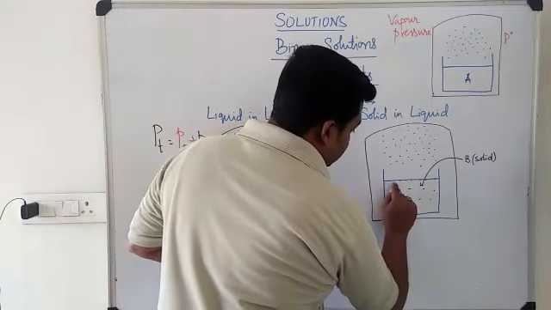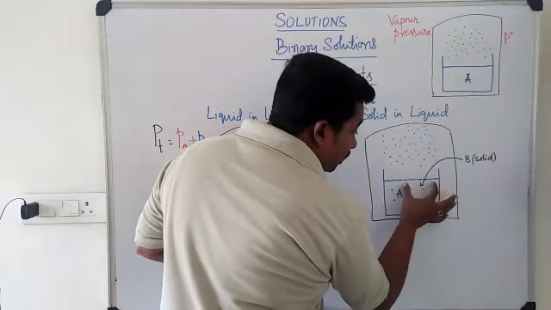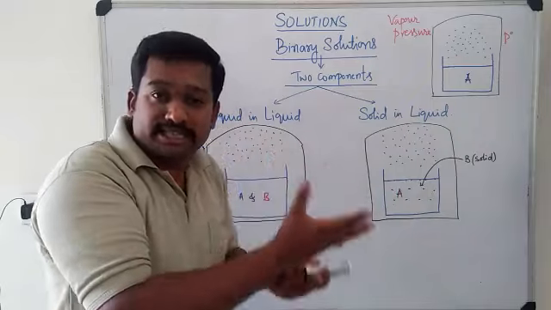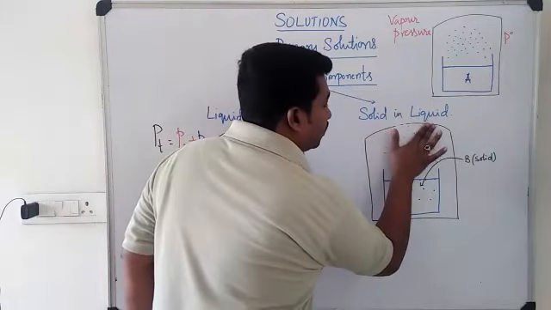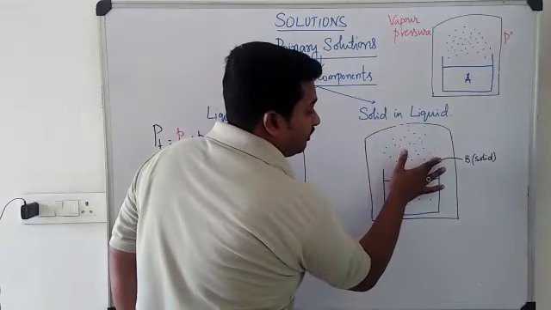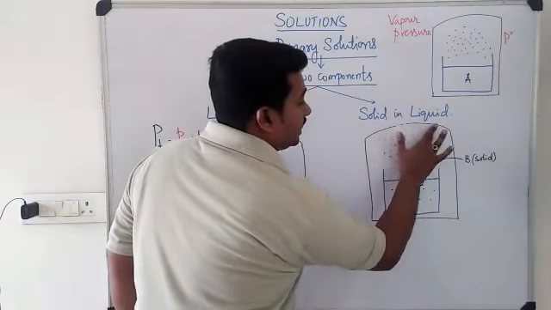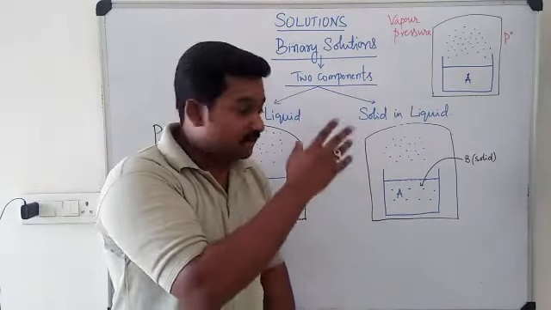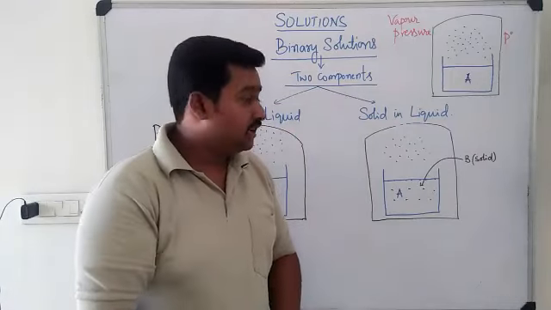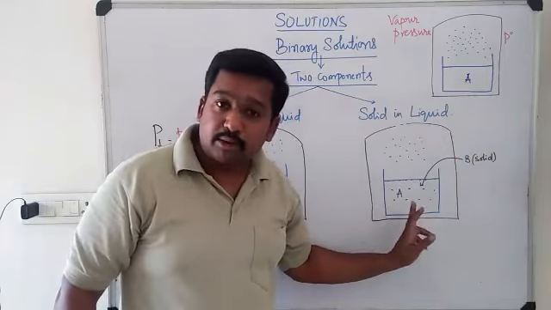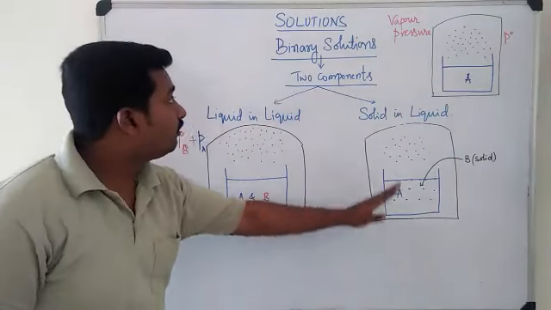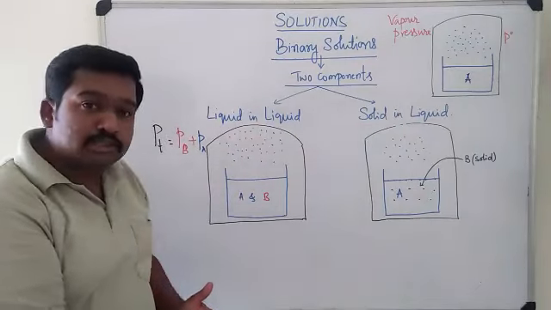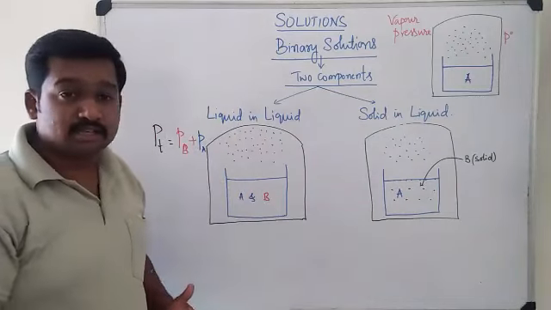So now, when the particles of B are present at the surface, the molecules of A are not so free to escape. Since they are not so easy to escape, the amount of vapor collected over the surface will be reduced. There will be a decrease of the vapors collected above the surface because of the presence of solid B. This is the decrease of vapor pressure when a solid is added into a volatile liquid. So these are the two cases of binary solutions that we must basically understand first, so that we can continue this concept towards understanding Raoult's law.